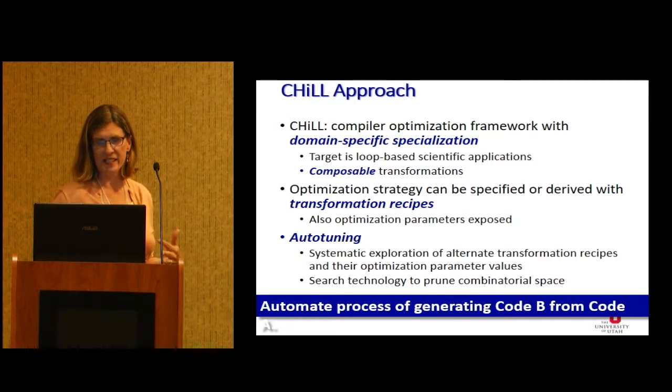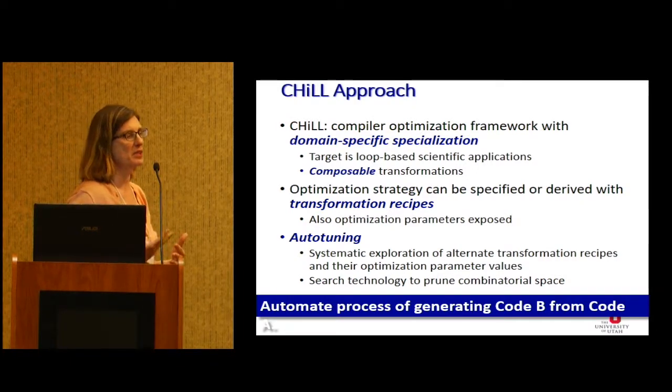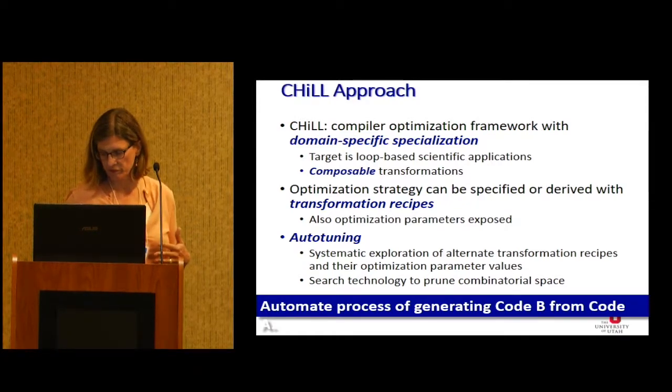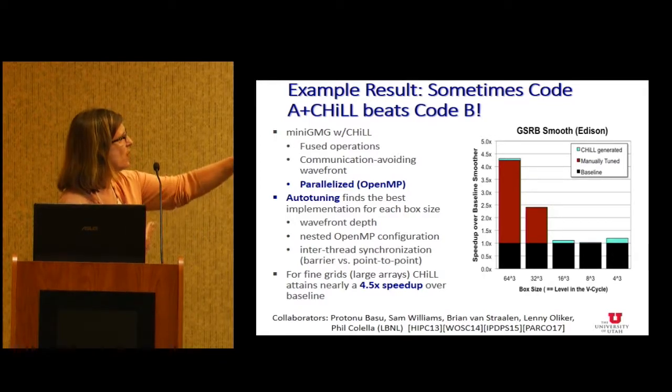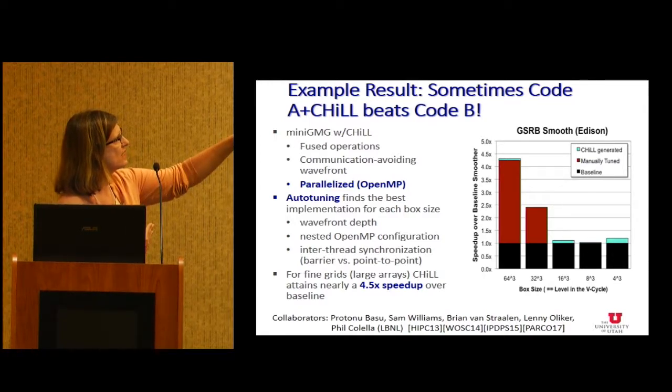Okay, so the idea is for us to be able to automate the process of generating that code B from code A. And without telling you a whole lot of details in between and a grad student's PhD thesis worth of work, in that mini GMG example, we've published a series of papers where we show that, in fact, we can actually beat that manually tuned code with the compiler-generated code. So this is just one of the graphs. This is the easiest one to read